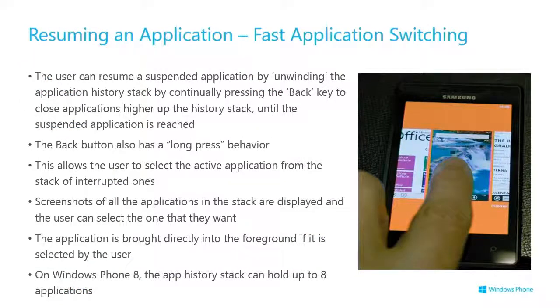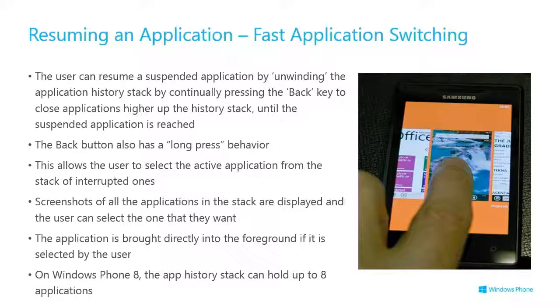Now, this back history stack, so far I've been talking about hitting the back button and going forwards and that sort of thing. That isn't the only way of resuming an app. There is this thing called fast application switching, which was introduced in Windows Phone 7.1. If, instead of just hitting the back button briefly to move back to the previous application, you do a press and hold on it, you get this fast launcher UI, where you see thumbnails of all the applications that you have been running, and you can swipe between them and select one,